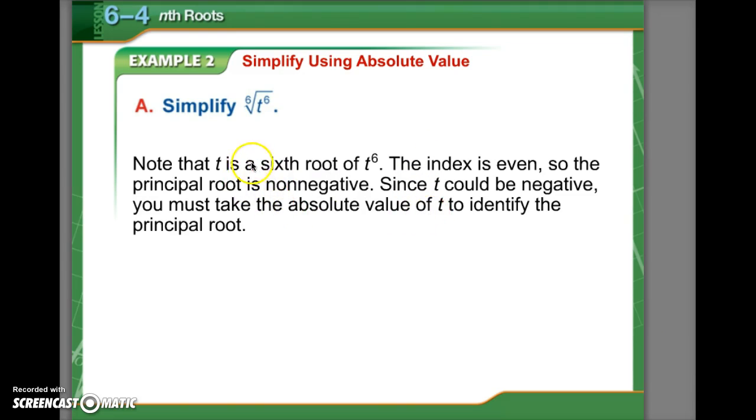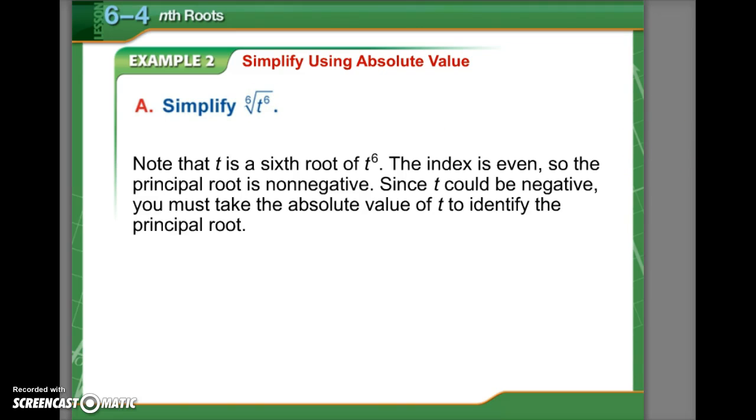So it says, note that t is a 6th root of t to the 6th. The index is even, so the principal root is non-negative. That means it's positive or it could be 0. Since t could be negative, you must take the absolute value of t to identify the principal root. So the concept here is that since this is a variable in here,